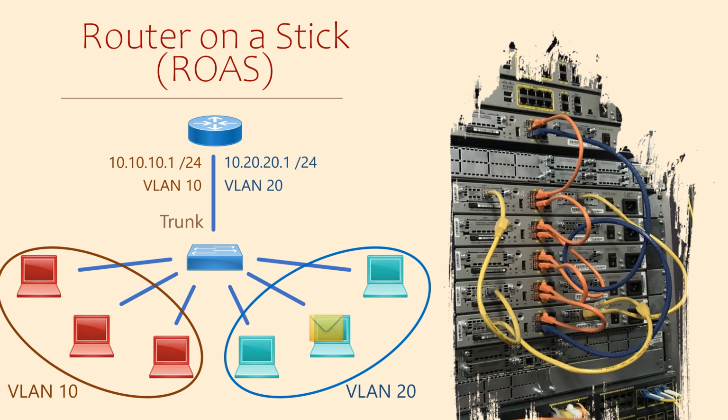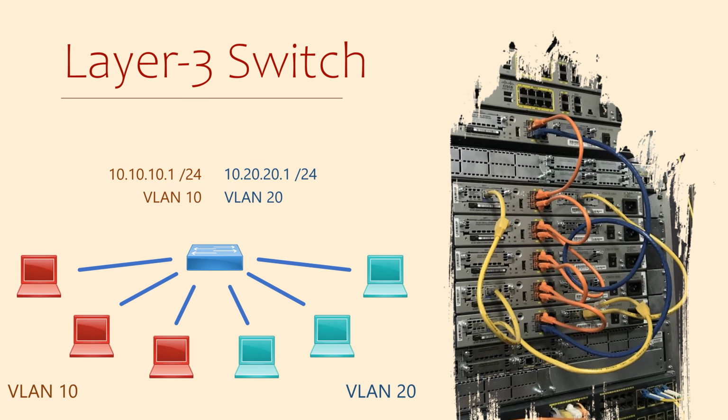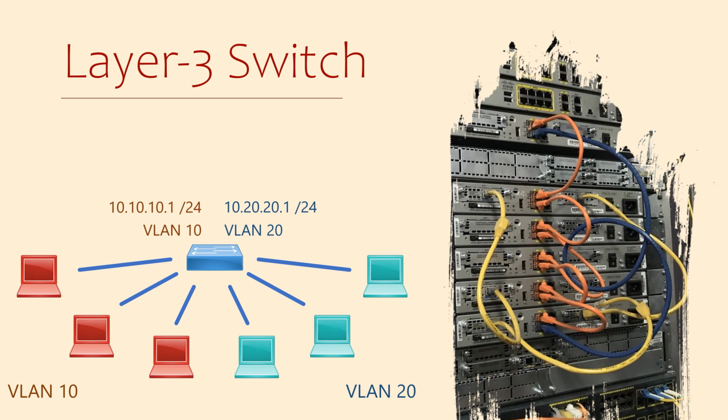Now that works well, but is there anything we can do to simplify it? Yes, there is. Just as routers support layer 2 functions, many switches now support layer 3. Not all switches, of course. The low-end, cheaper ones won't do it, but many business-grade switches do. So in our topology, we're going to start by removing the router. Then we configure the SVIs, that's the virtual interfaces, on the switch. Now the switch will handle routing between the VLANs.